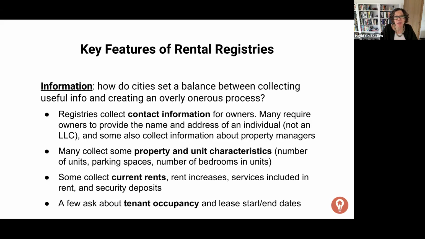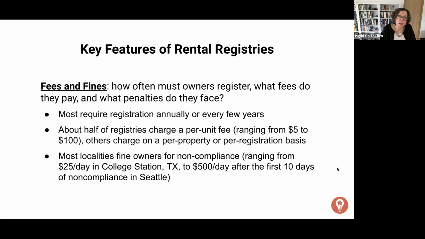Many collected information about the property characteristics: the number of units, the size of those units, number of parking spaces. Some also collected information about current rents, and a few asked about occupancy, which was surprising to us, and lease start and end dates. And if you can go to the next slide,